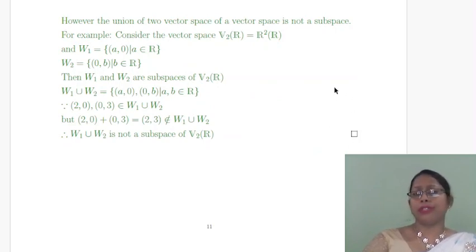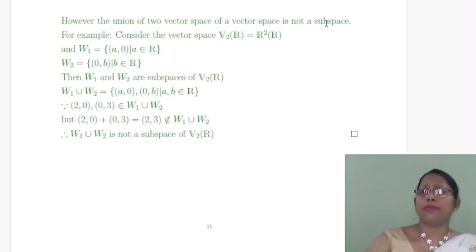However, the converse is not true. That is, union of two subspaces is not necessarily a subspace; here it is subspace, not vector space. Consider the vector space R2(R) and the collection W1, the collection of all pairs of the form (a, 0), a belongs to the field, and W2, the collection of all elements of the form (0, b), where b belongs to R. Then W1 and W2 are subspaces of the vector space